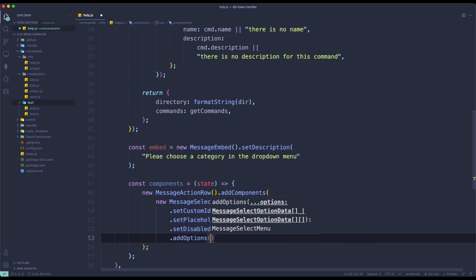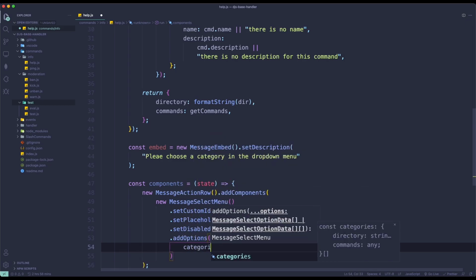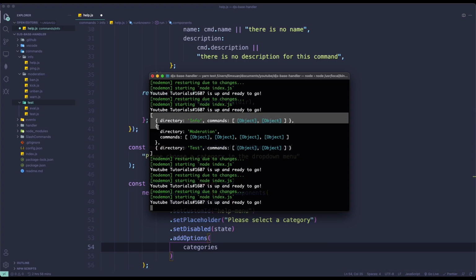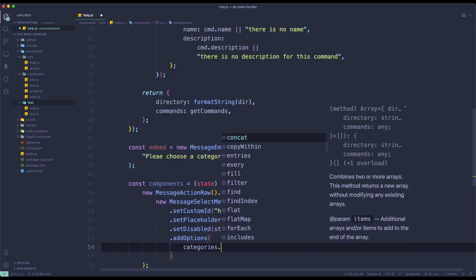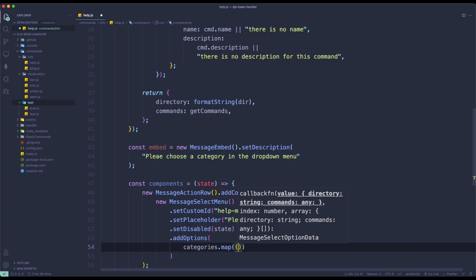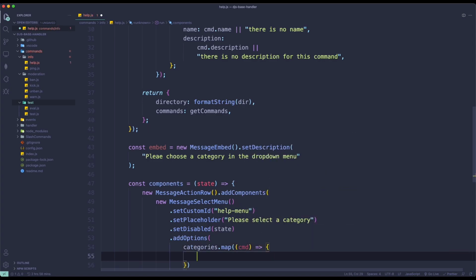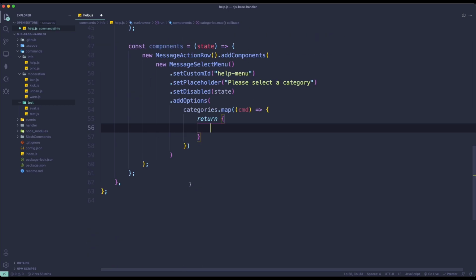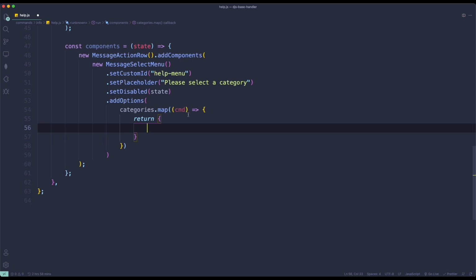So here is the fun part. Okay, we need to map out the categories. So as you can see, we're going to map out this. All right, so categories.map and then command. Okay, and then we're going to return an object. So let me just scroll down a little bit. Let's close this away. Okay, so in return, we're